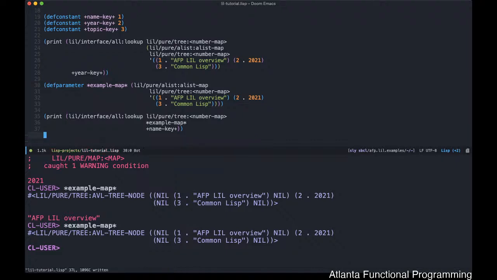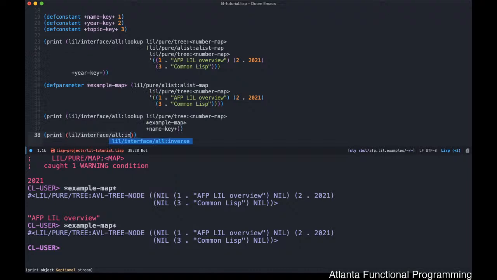I will go ahead and look up some more concrete examples for read-only access. But my point is that this number map is always going to be unmodifiable, and we'll see this at least with the read-only ones. It's obvious to see that nothing will get modified. But what if we wanted to actually insert into this? So an example of that would be if we use interface all